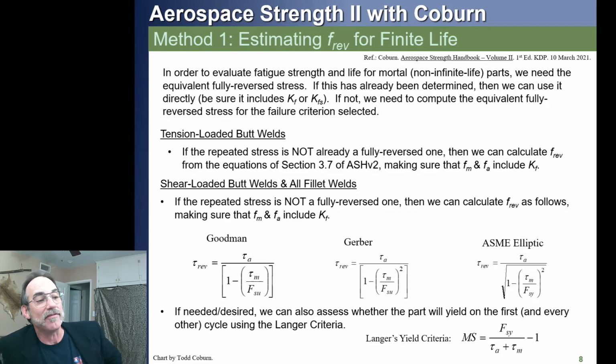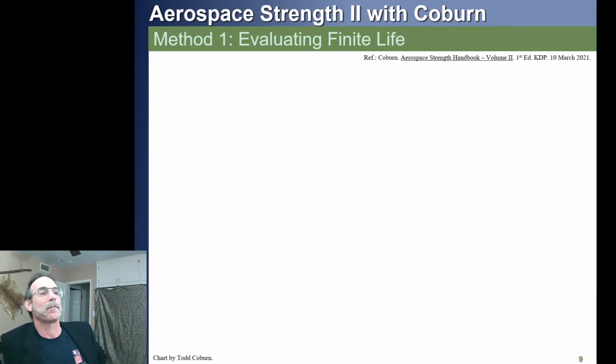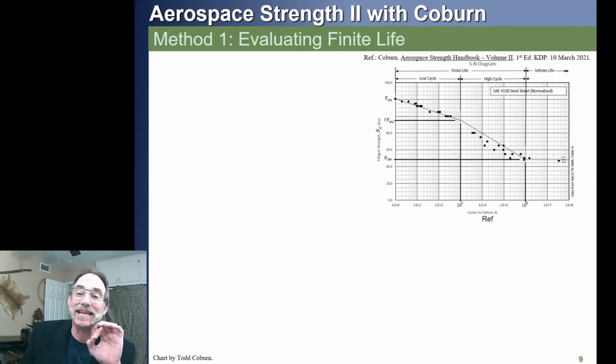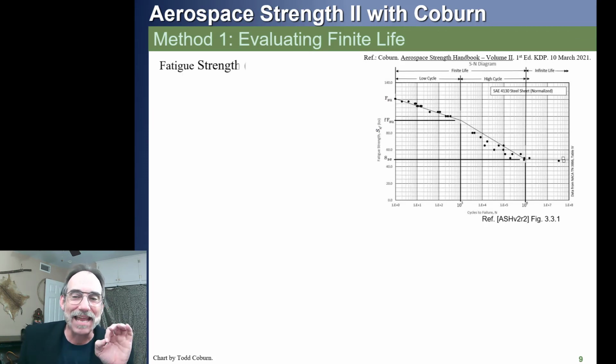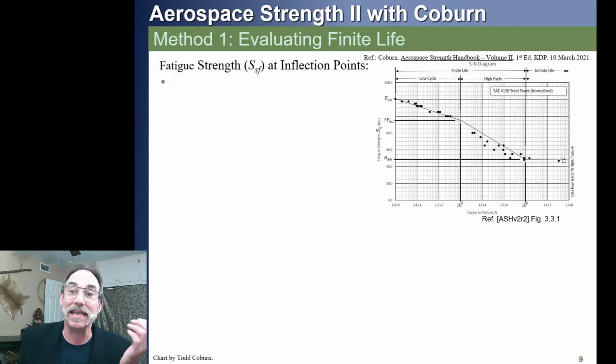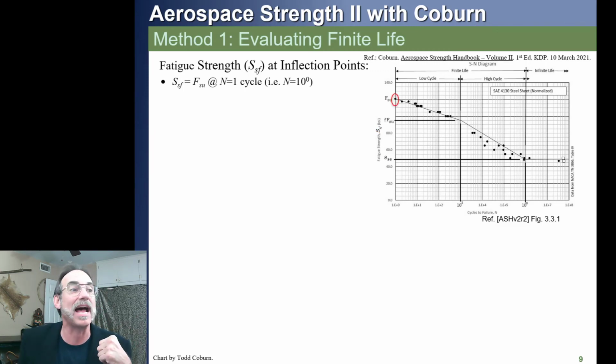So now we have characterized our stress into the fully reversed stress level. We're now ready to go back and remember the equation we looked at, the SN diagram? That's what we're going to do next. So once we have that, we can evaluate what is the life of our part for anything other than infinite life parts. And we do that with the SN diagram, the stress versus number of cycles diagram on this log-log plot. So we're going to start by looking at this and we say, okay, on the vertical axis, we have